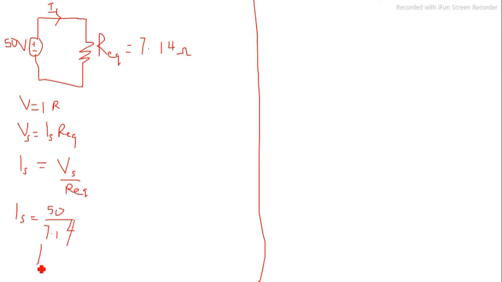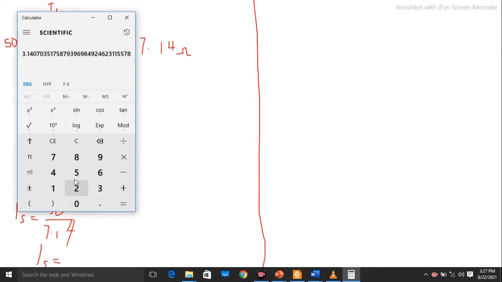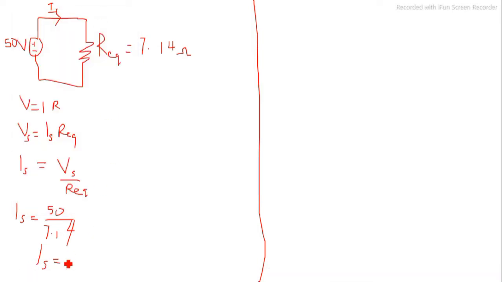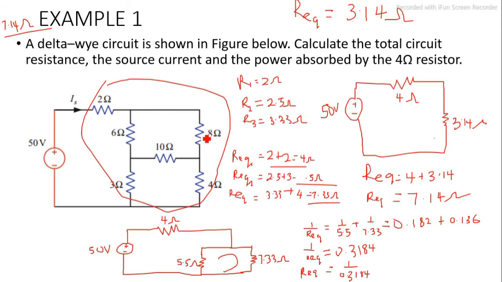That means your I source, the current from the source, will be equal to 50 divided by 7.14, and that's 7 ampere. So that means the supply current is 7 ampere. So that's the supply current. The source current you have to find is 7 ampere. Now you have to calculate the power absorbed by the